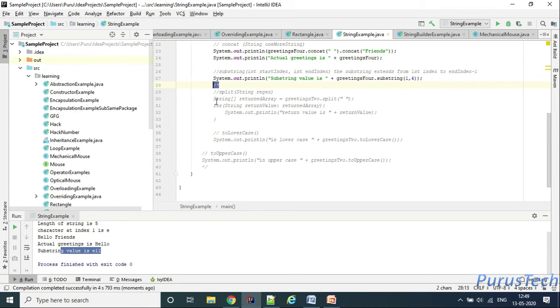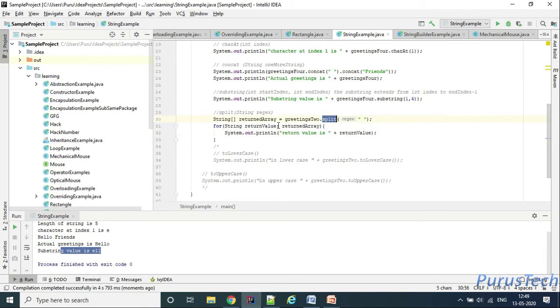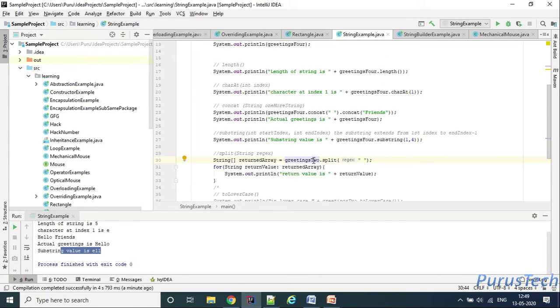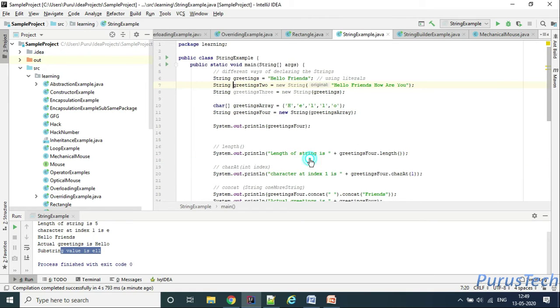Now let's take one more method defined in the string class, called the split method. The split method returns a string array. For example, here I have defined greetings2. Press control, mouse over here and click, and it will go to the definition. I have defined greetings2 like this: hello friends, how are you? This is a string.